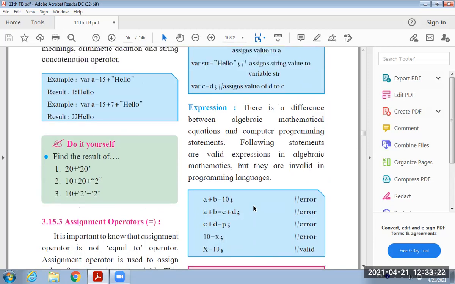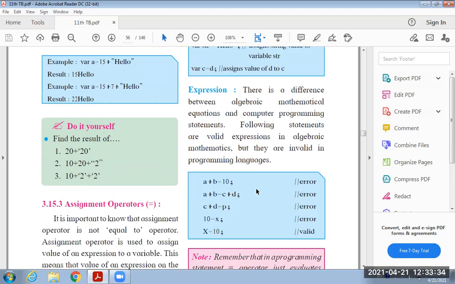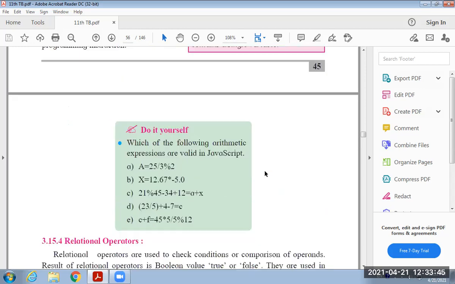When we have to provide any expression, we can express it like this: a equal to a plus 7, or a equal to 15 plus 7, or c equal to a plus b, or c equal to a mod b. Such type of declaration is known as an expression in computers.